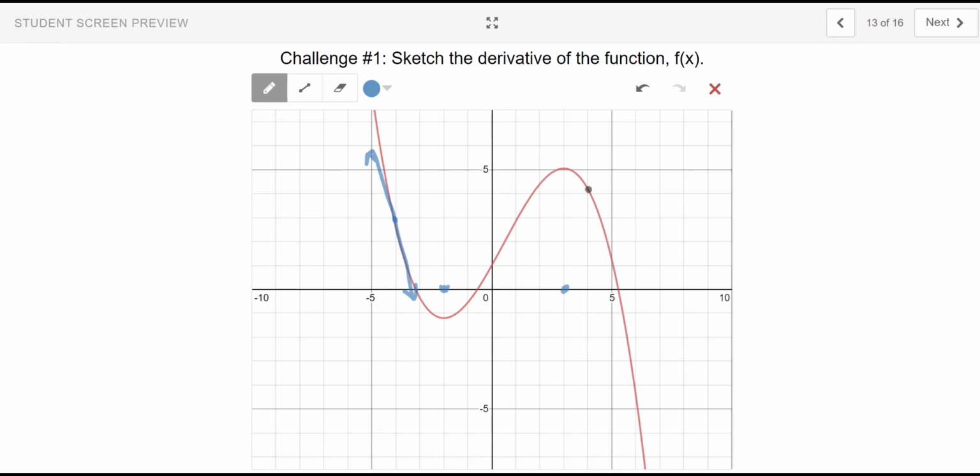If I go down 1, 2, 3 over 1, maybe this has a slope of -3. Therefore, at -4, I should put a point at -3. And then I could repeat that process